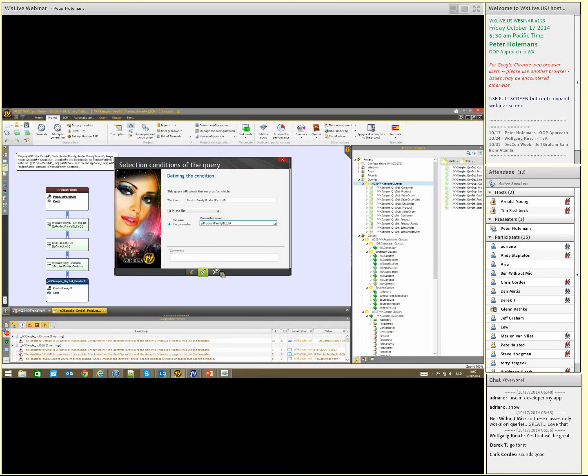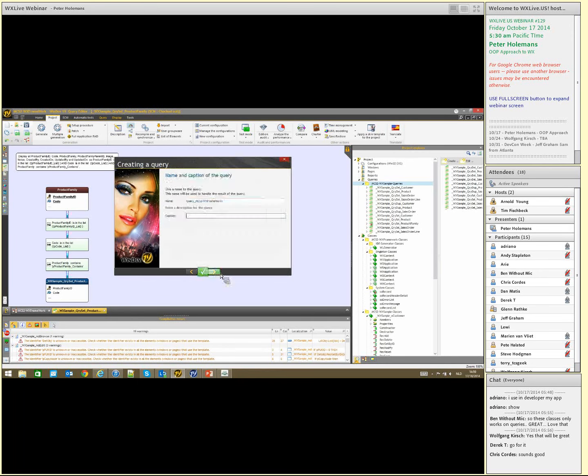I'm going to make a very basic one, so only one parameter. Call this